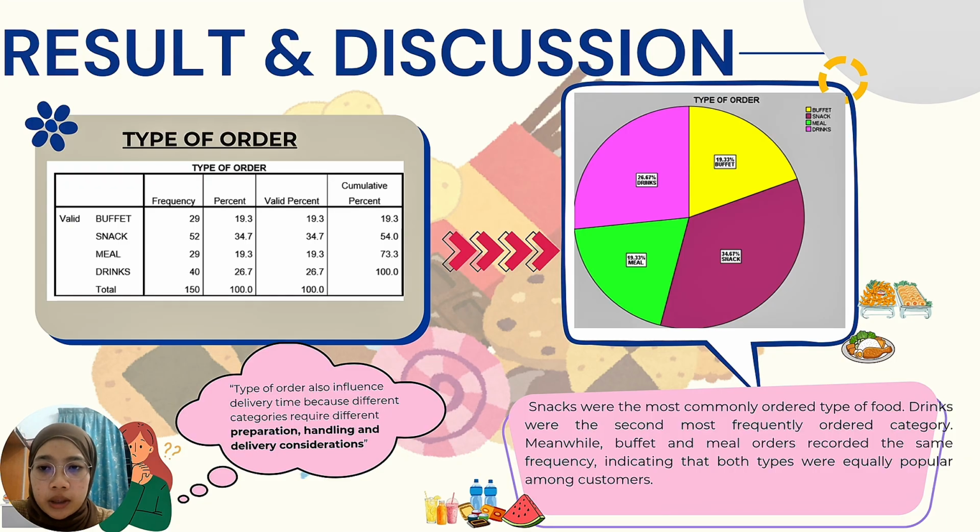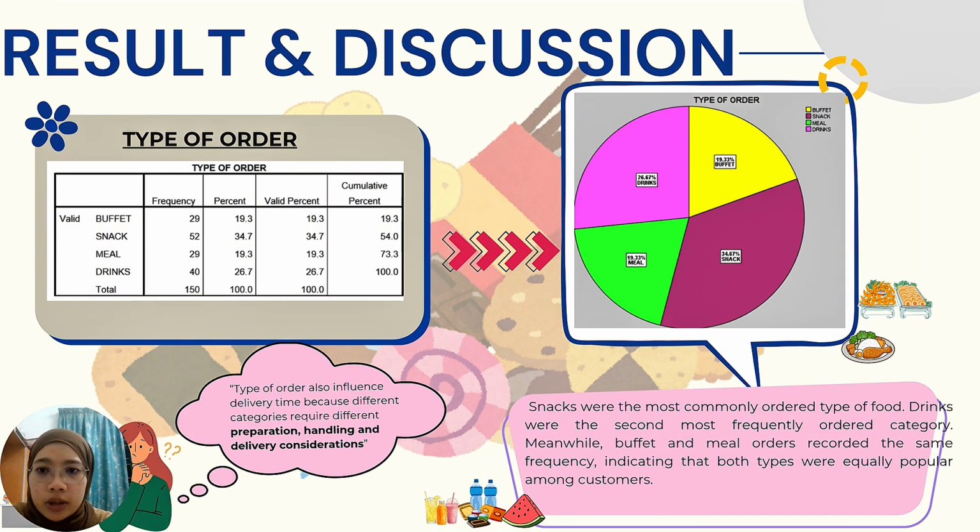And for this slide, we'll begin to discuss all the results that we've gathered from the dataset. This slide presents the distribution of the type of orders that we received from the 150 deliveries included in the study. Based on the results, snacks were the most frequently ordered category with 52 orders, or 34.7% of the